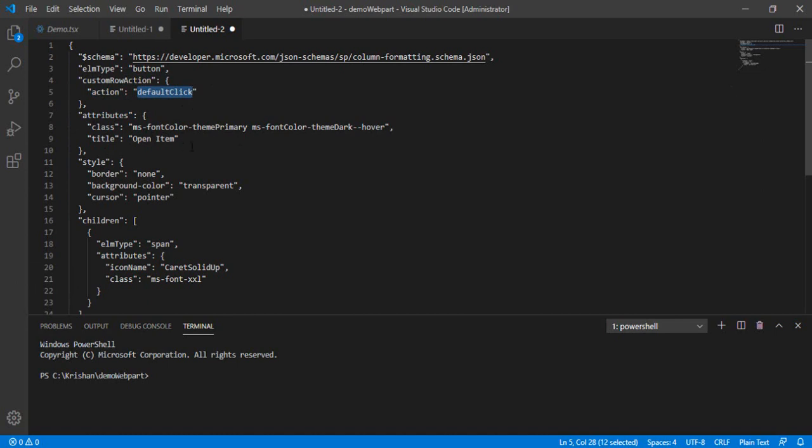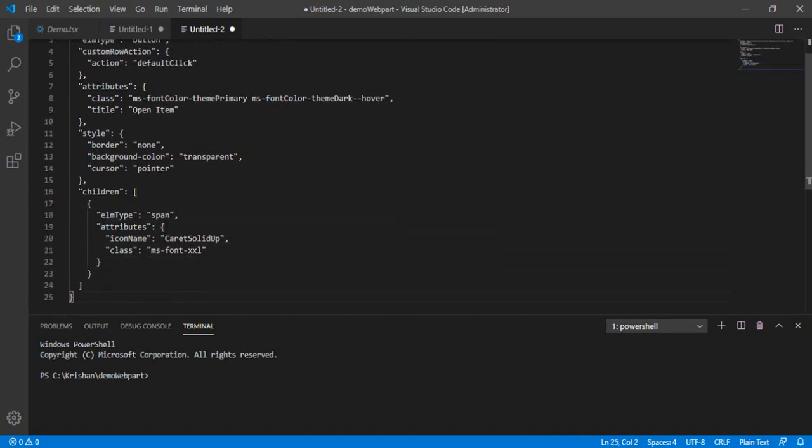In the attributes, you can define your attributes. In the children, you specify what button or icon you would like to display. You can keep the element type as span, and then use an icon library. Let's say I'm using caret solid up, so it will show an upward triangle.